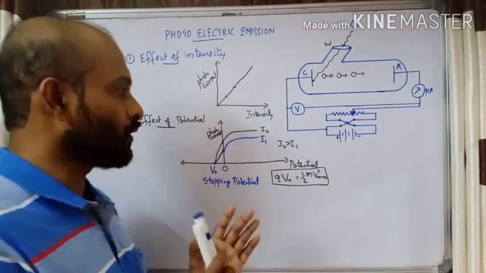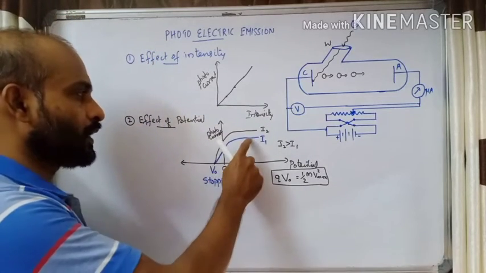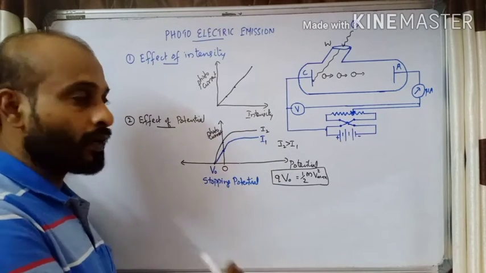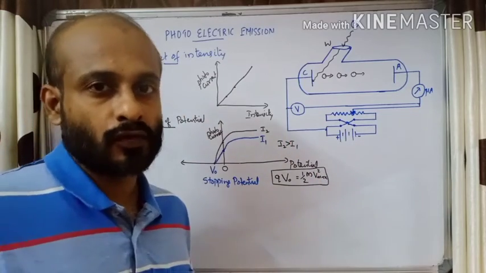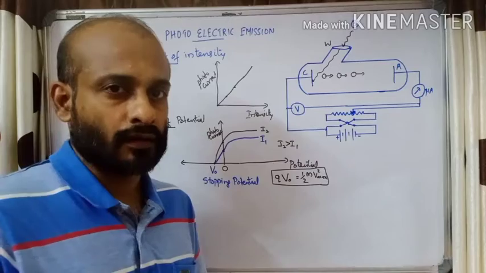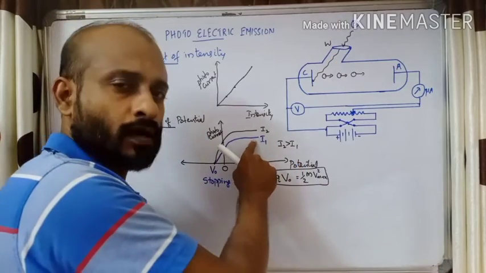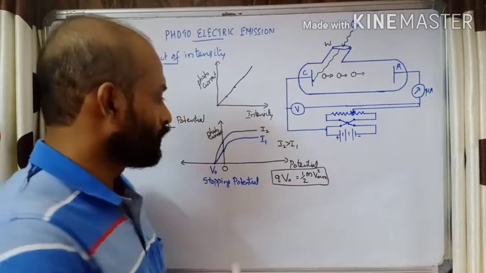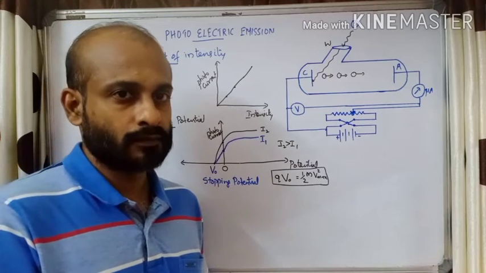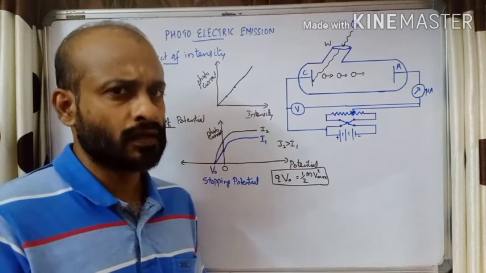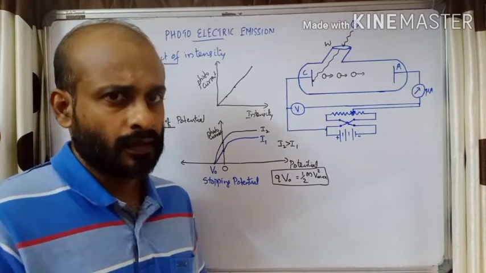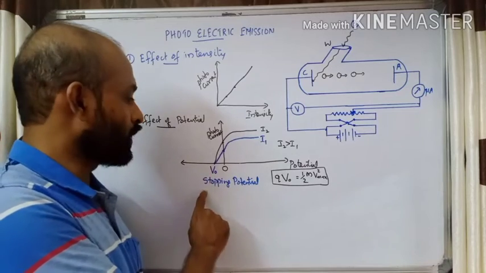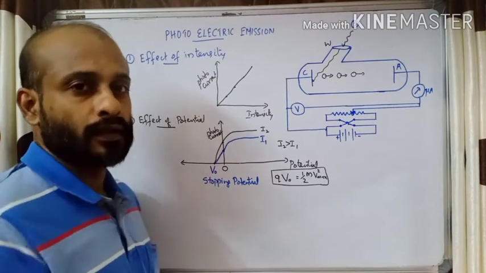So one important conclusion we can make here: the stopping potential is independent of the intensity of light. Whatever the intensity of light, the stopping potential is the same, provided during the experiment we are not changing the frequency of light. We have light of the same color, but initially we used a 100 watt bulb, and here we have used a 200 watt bulb. Even though we are changing the intensity, there is no effect on the stopping potential. So electrons of different kinetic energy will be emitted. To stop the electrons with the largest kinetic energy, the minimum retarding potential we need to apply is called the stopping potential.